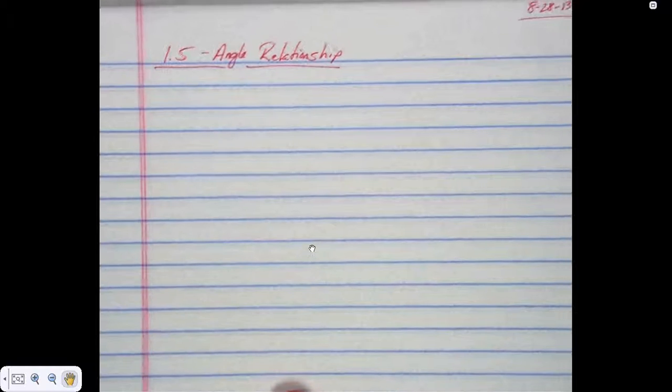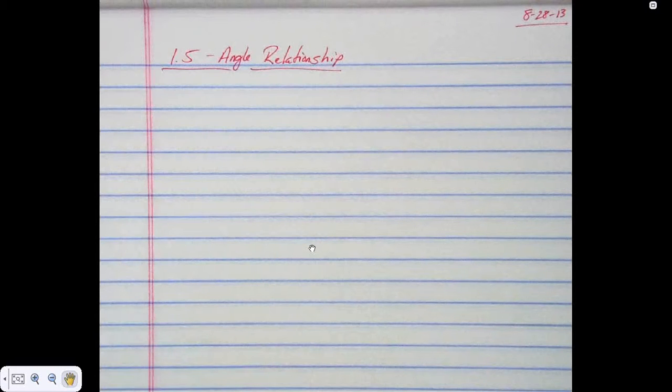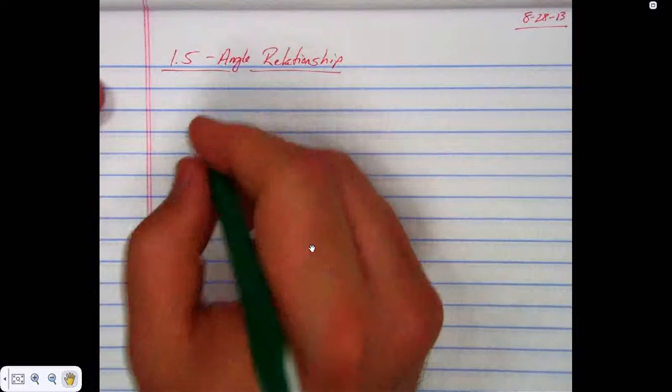Triangle relationship. We discussed this a little bit yesterday. Didn't write down really any official notes, so I had you guys write down the definitions. You don't necessarily have to write this down, but in review,